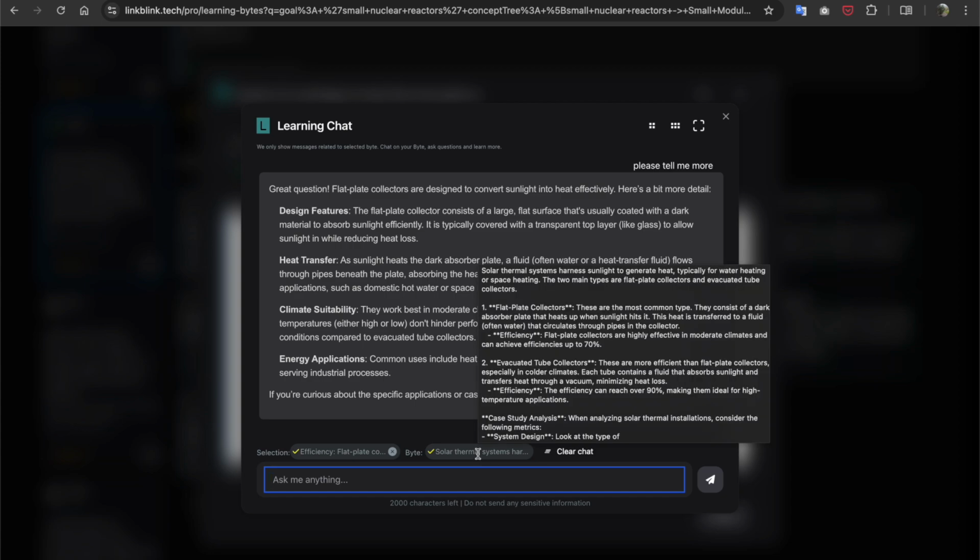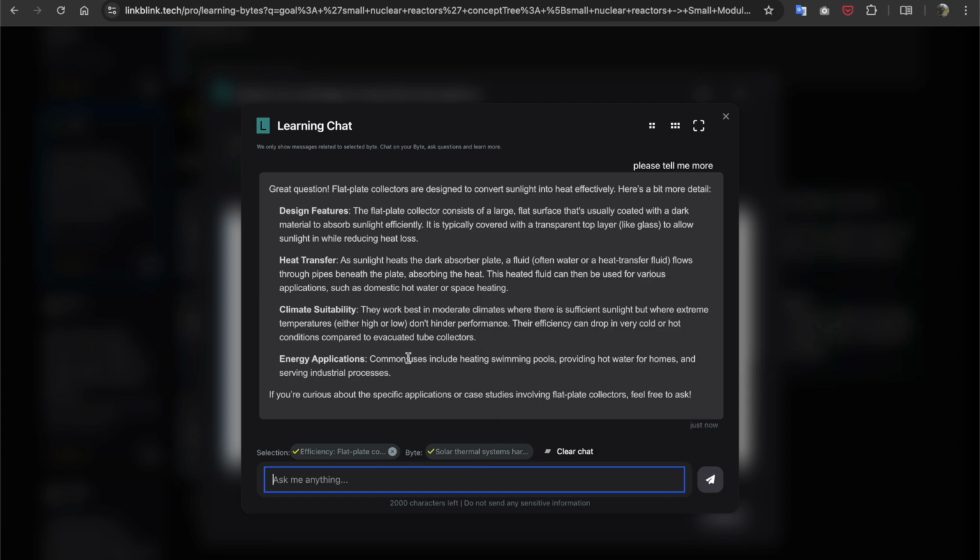So this is what AI sees in terms of the context that I'm looking at. Okay, so it has heat transfer, climate suitability, energy applications. That's really interesting. So climate suitability. Okay. So what I want to ask it is, what's the ROI of solar energy, let's say, in climates in